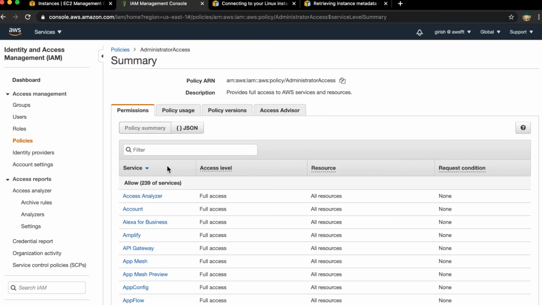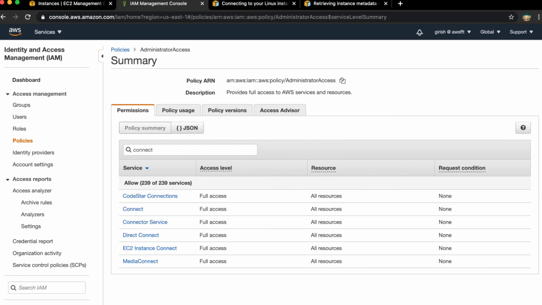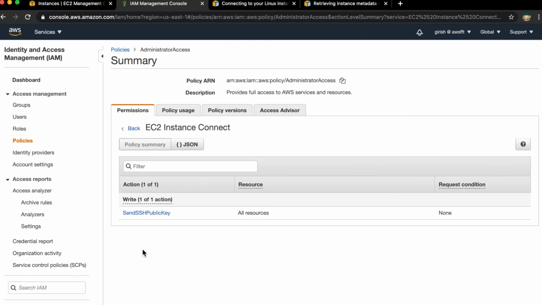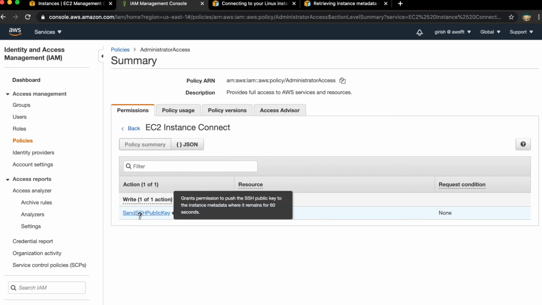But let's see if we have anything specific which is related to EC2 Instance Connect. So just let me search here, connect. Here it is, send SSH public key permissions. So the IAM user has permission to push the SSH public key to the server, and that's what it is doing. And that's how we are able to connect to the server.